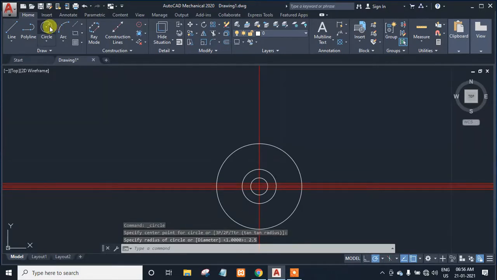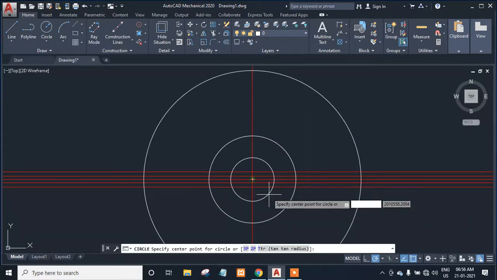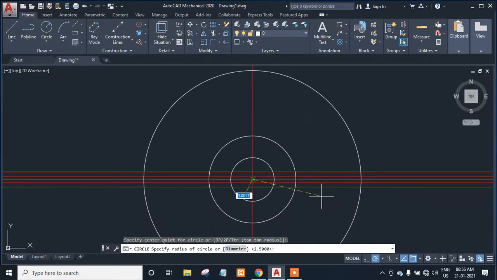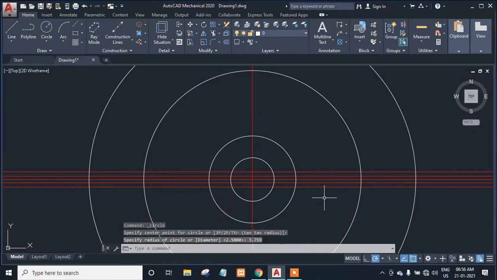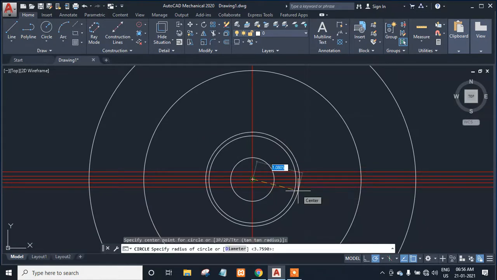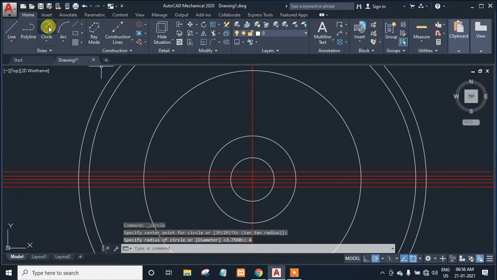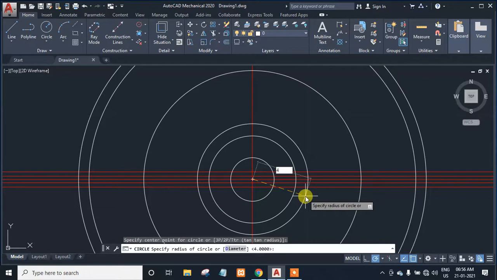And one more circle, 3.759, and one more circle of 4.44 mm. 4 enter and 4.44.